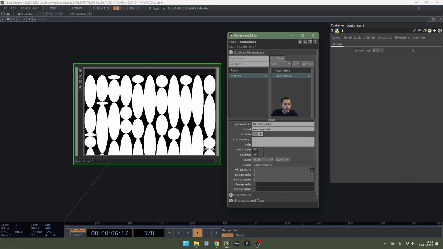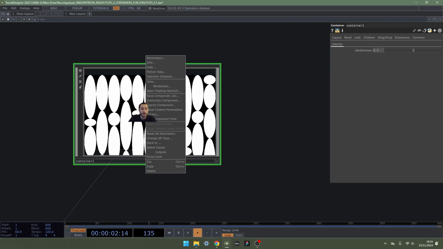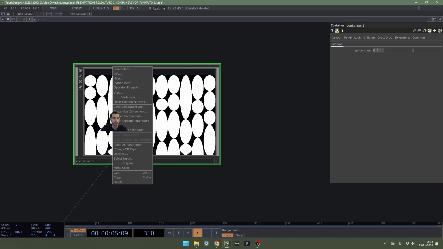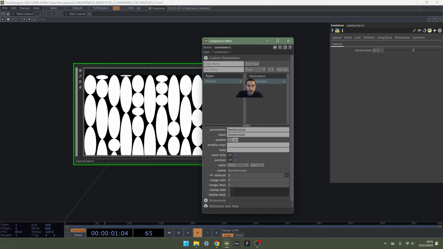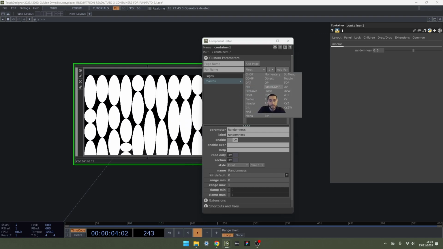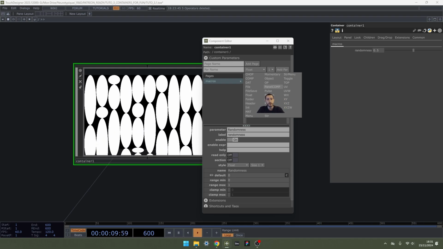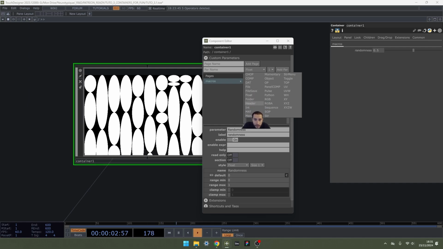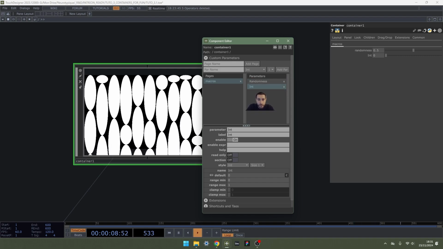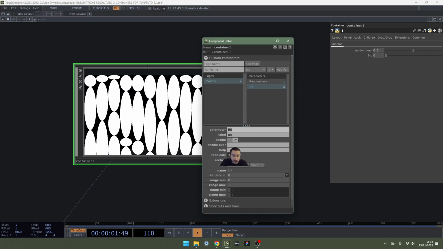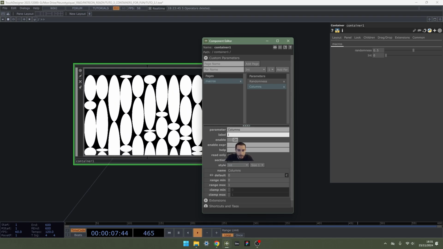I also wanted to have a number of columns. So let's go back, customize component, select my macro page. Now I want an integer that's going to be my number of columns. So let's see what type of value we want, integer, and add parameter. Let's say columns, label also columns.